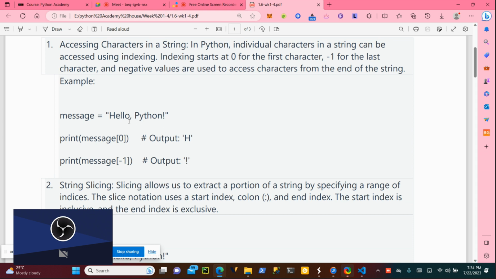Here is position 0, position 1, position 2, and so on up to position 13, which is going to give us this. You can test it. Change the 0 to 13 and let's see what you get.